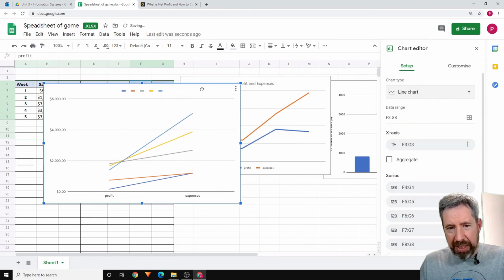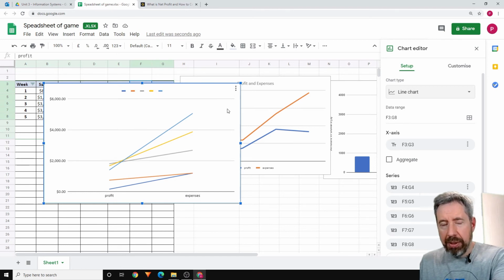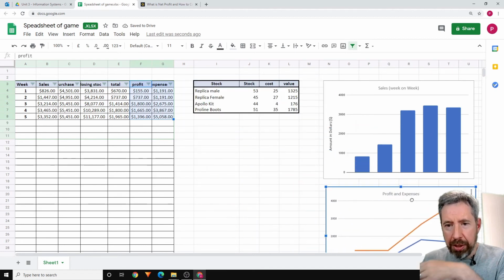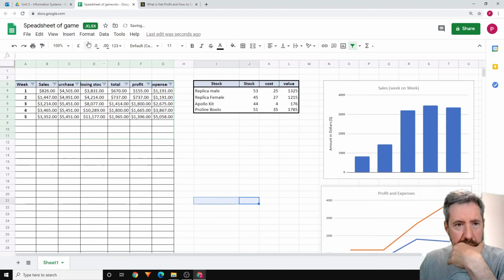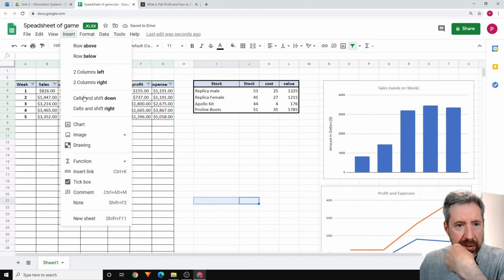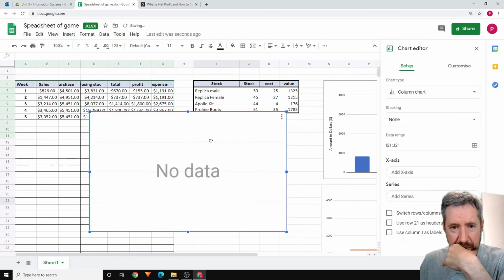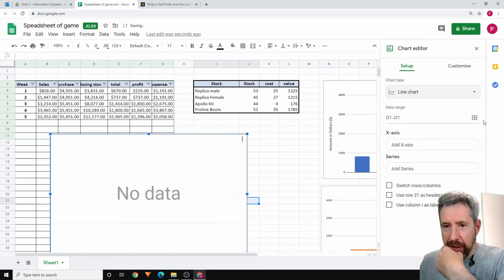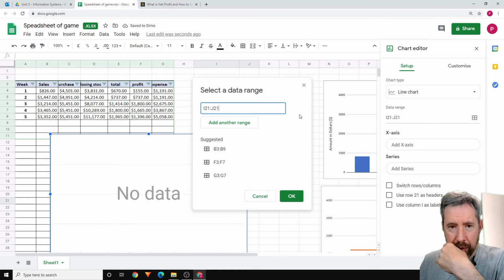We get a bit of a mess and everything's messed up, and it's quite tricky to get that to work. So one thing you could do is you could insert a blank chart, choose the line chart, and then for your data range,